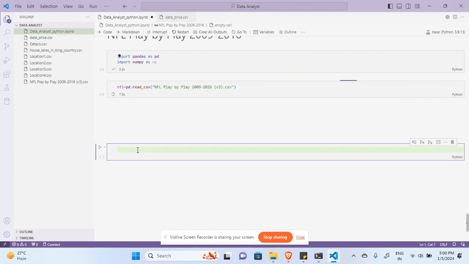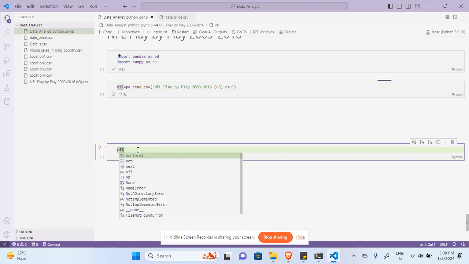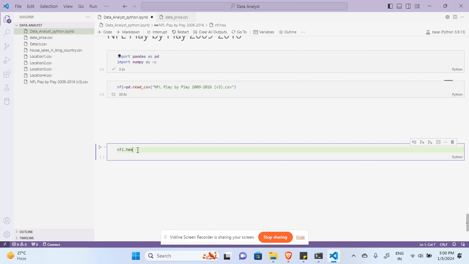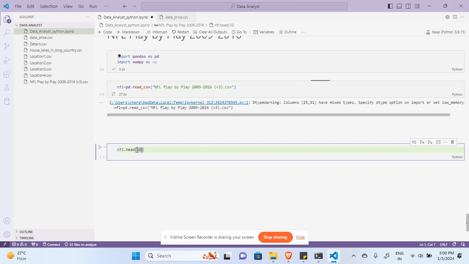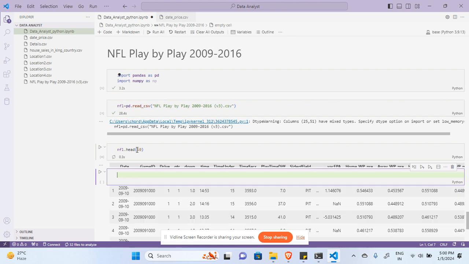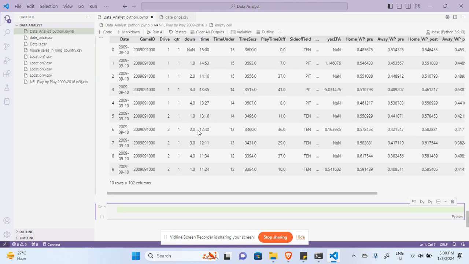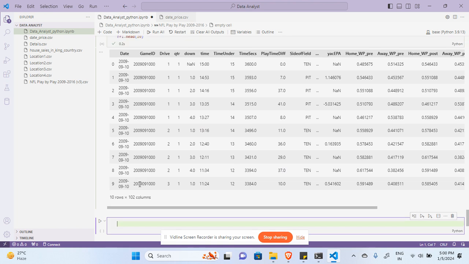Let's see. Once we read that, we'll start with NFL. It is a big dataset, I think, that's why it's taking a little bit more time. NFL dot head, and I'll give 10 over here. Okay, we pass 10, so I need 10 rows from this. So you can see I'm getting 10 rows of 102 columns. We have around